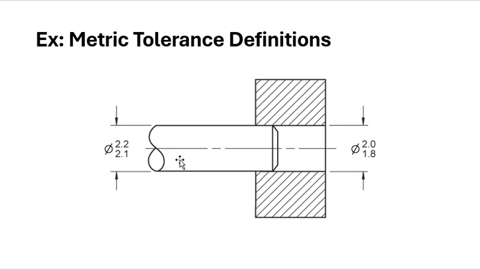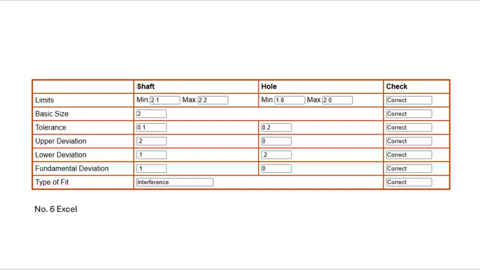Metric tolerance definition, again, we go straight into this shift in the whole system right there. And you have your limits right here, and we're dealing with the diameter, of course, in this system all the time. Fit is right here. Your materials of the parts are right there, that you can see your least or your max. And your upper and lower limits for your hole and the shafts are also given for you in this tolerance. So let's see, this is your next exercise,